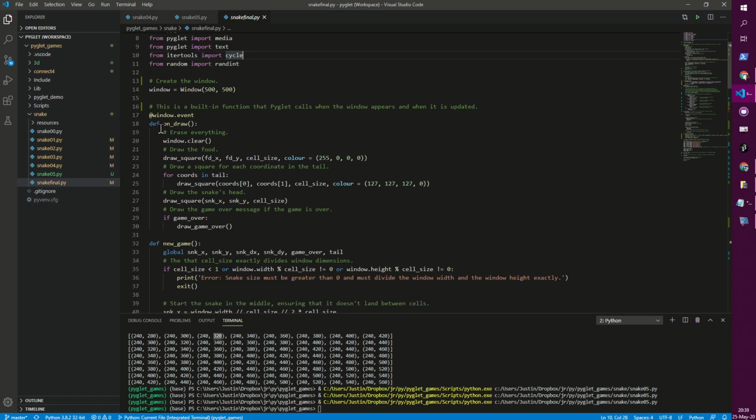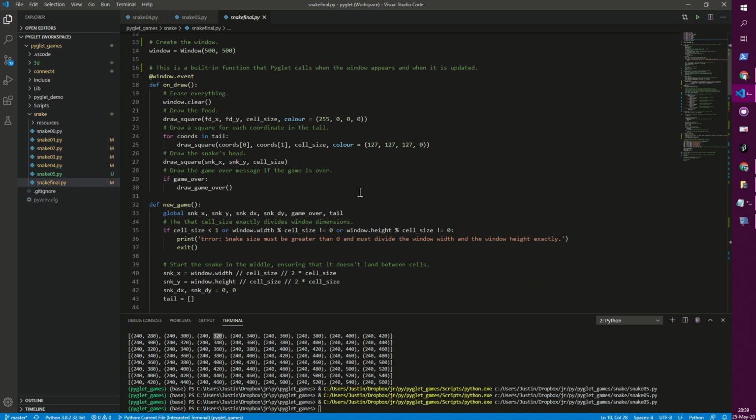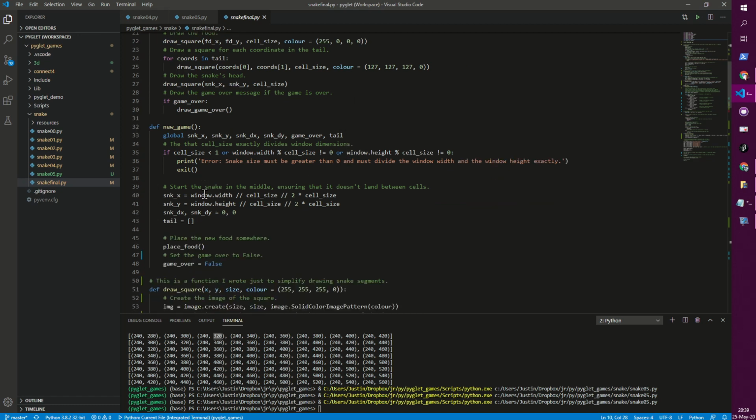So the onDraw function is exactly the same as before, except that if the game happens to be over, it goes ahead and draws the game over message on top of everything else. What else? Here's the new game function. You'll see that a lot of the code that was right at the end at the module level has now been lifted and put into this new game function, and as long as I use this global keyword here, these values will be defined as global variables and therefore be accessible by